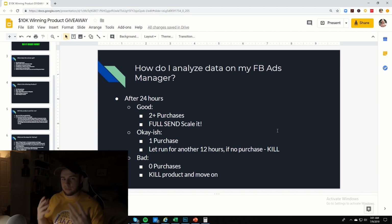how it does. And after that time, if you have 2 purchases, you can look at scaling that if it's beneficial for you. So a bad product test is obviously no purchases, you have a 0 ROAS, and that's when I'd recommend killing the product and moving on. Because at that point, right, you have 10 ad sets, spending at $7 per day, so that's $70 in spend. You should get at least 1 purchase or 2 purchases if this is going to be a product that you're